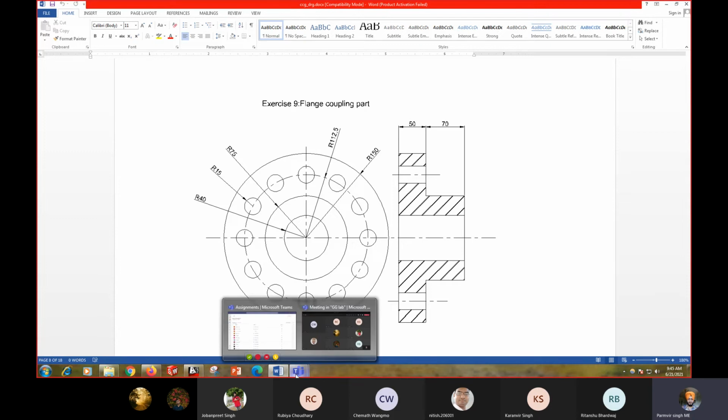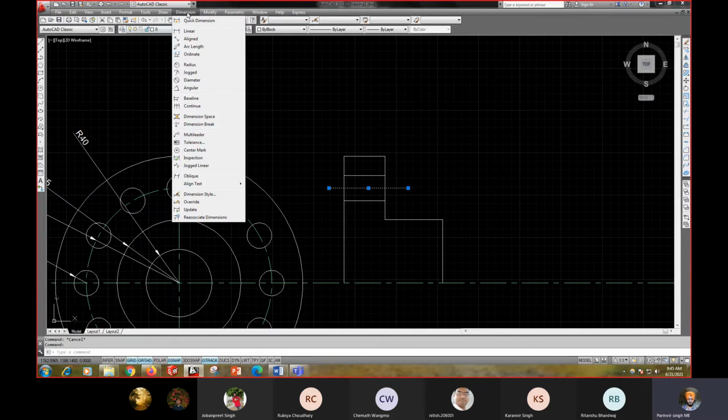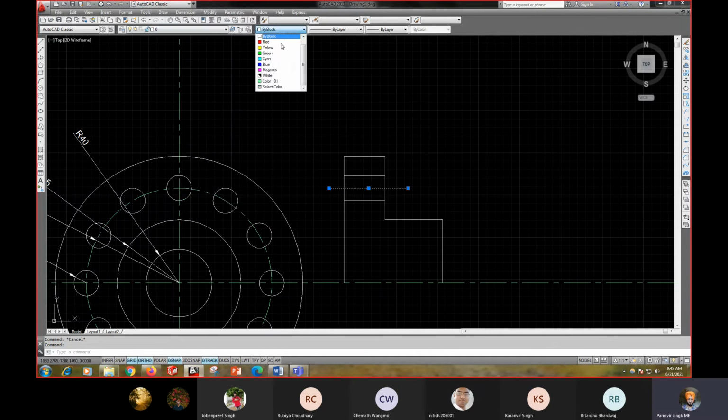So I have to create the center line of this circle, extend this line as the center point of the circle, then define the center point.